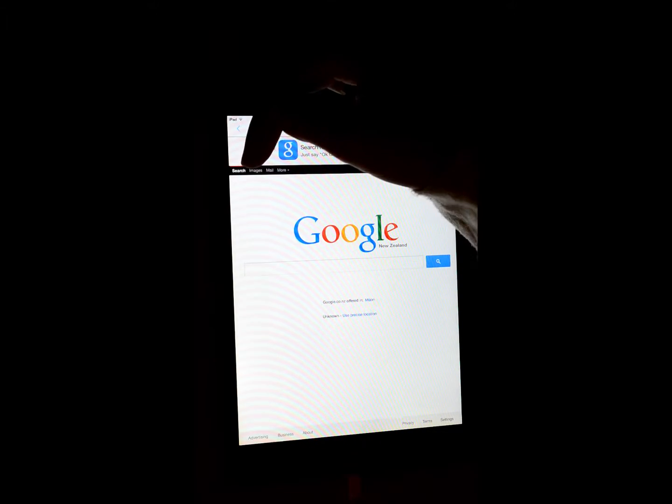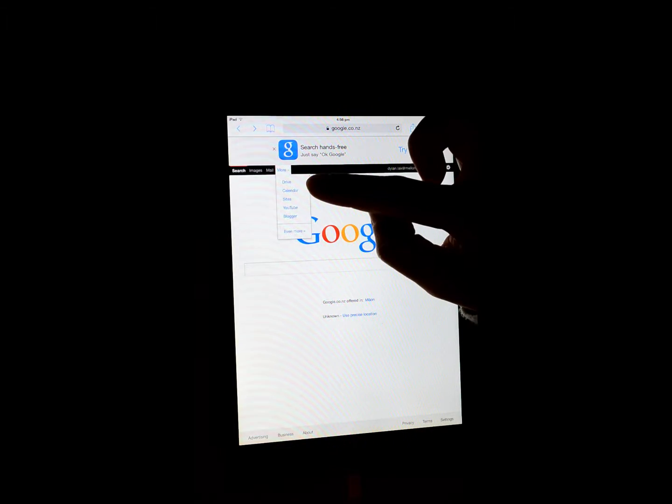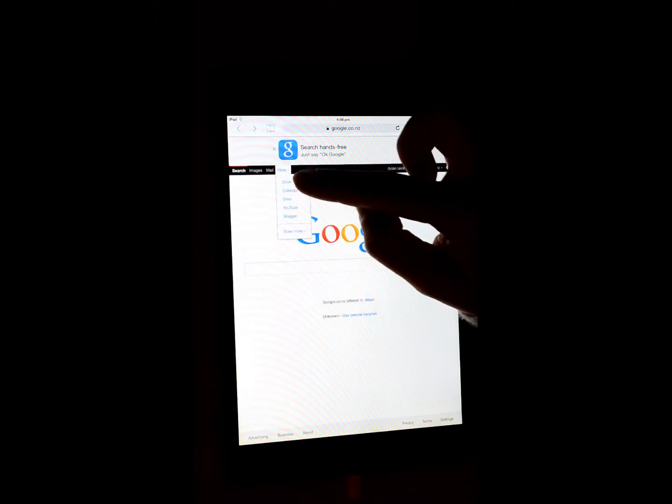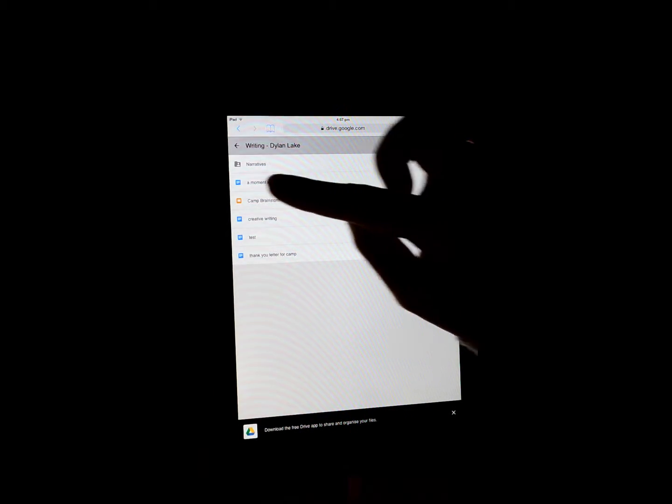Now, if we go along the other end of the black bar, you'll see the more option. We're going to click on more, and I want you to find the blue Drive button, which is at the top of this one. So we click on Drive, and this is going to take you to Google Drive just like it would through the application. Okay, so once again, here are all our folders, just like you have in your Google Drive application on your device. So if I click on my writing folder, and I'm going to click on my piece of writing that I was using before,